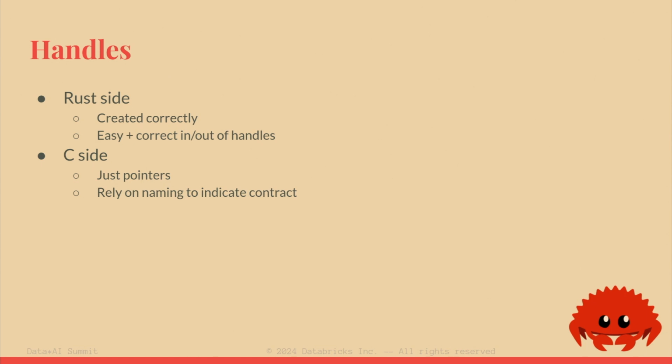And it is fairly safe. On the Rust side, things are created correctly. You can only call these intos on the appropriate types. If it's unsized, we rebox it for you and make sure it's a thin pointer. If it's sized, we don't have this extra overhead. And it's very easy to go in and out of the handles correctly and not make mistakes. On the C side, you get just pointers. It looks nice. And the one piece that's, again, not fully safe is that we have to rely on the names that we give these types